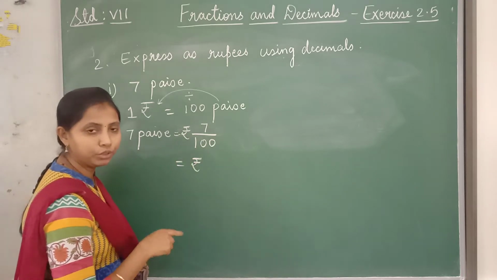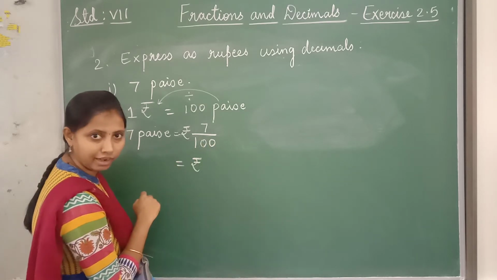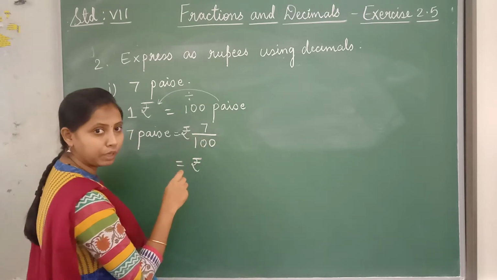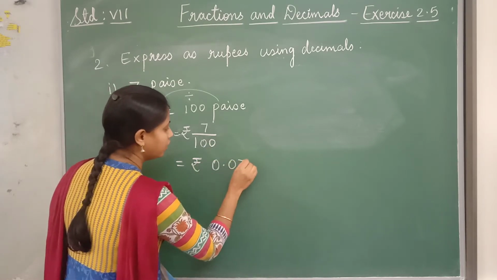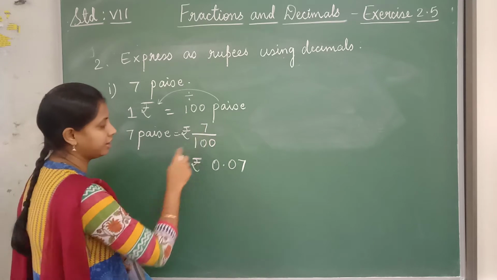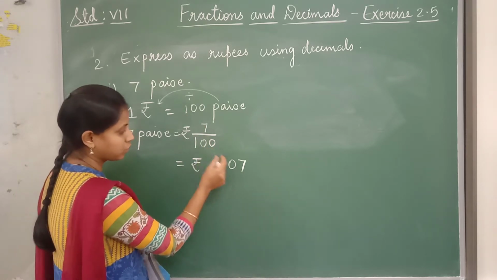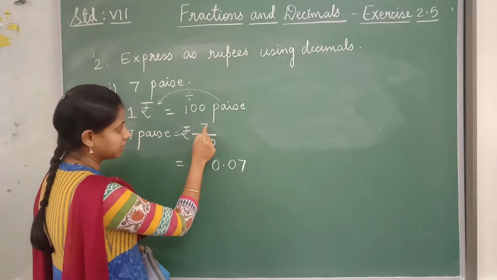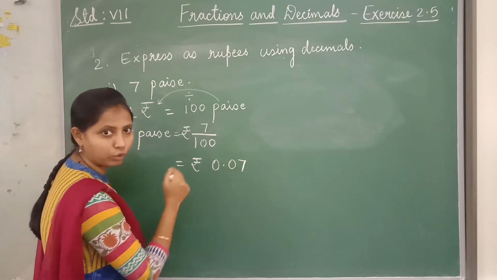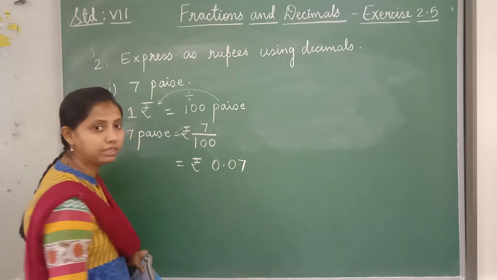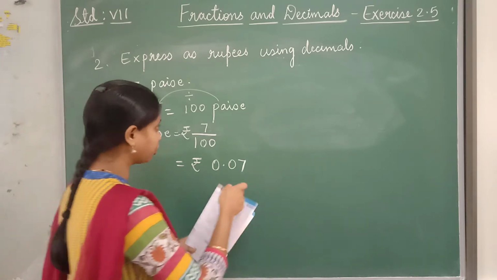You know how to convert it to decimals. Yes, you have learned. So 2 zeros are there in the denominator, so after the decimal point, 2 digits must come. So 0.07. 7 by 100 is nothing but rupees 0.07. 2 zeros, so after the decimal point, you must have 2 digits including this. This is 1 digit, and for the other remaining you have to write 0. So it is 0.07. Okay, like this. I'll show you one more example.